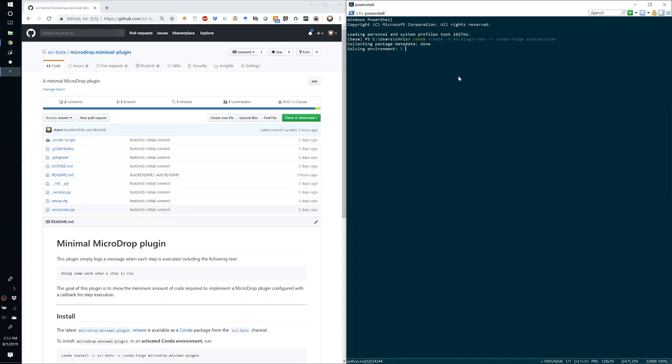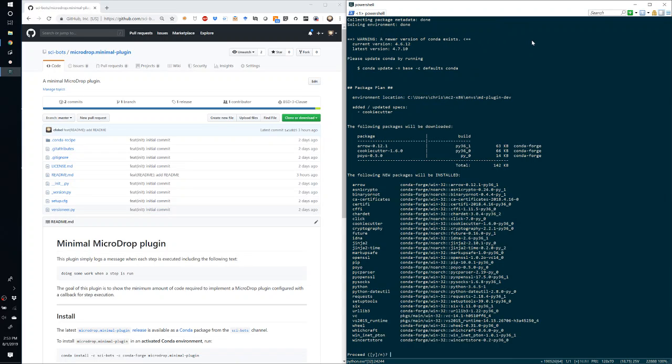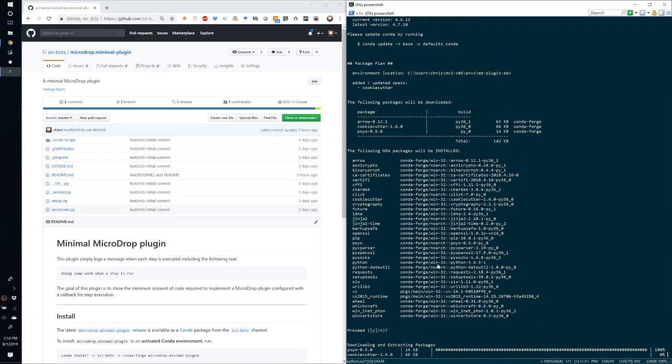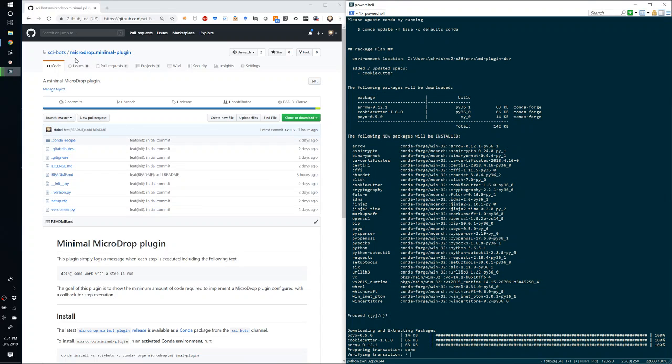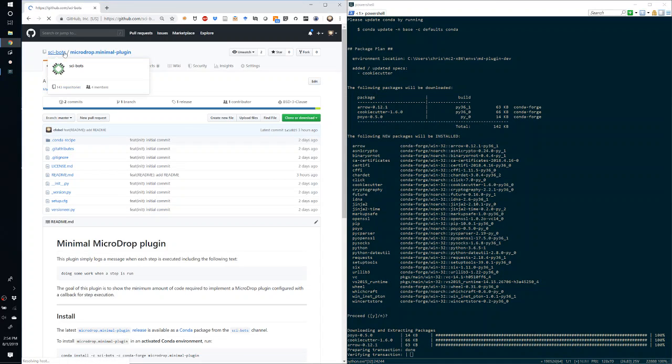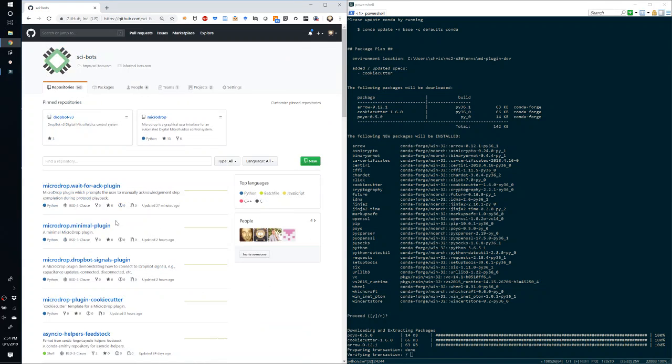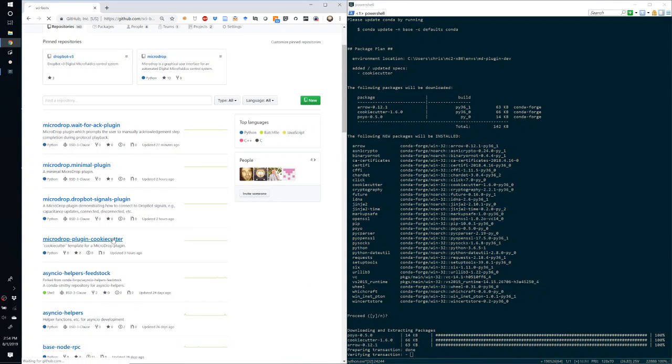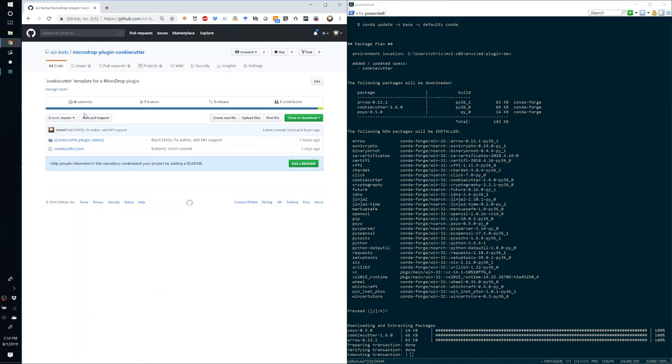And cookiecutter is a Python package for performing code generation using Jinja templates. So as you can see, it's going to download some dependencies and create that environment for us. And we're going to use that cookiecutter package to customize a